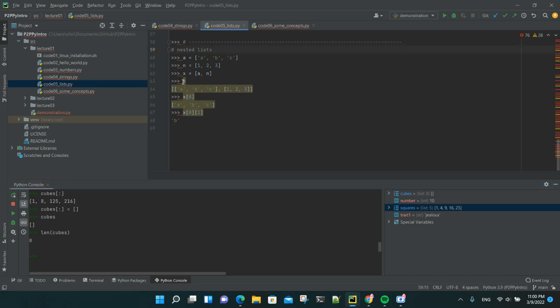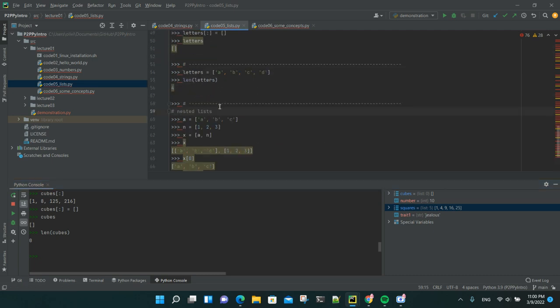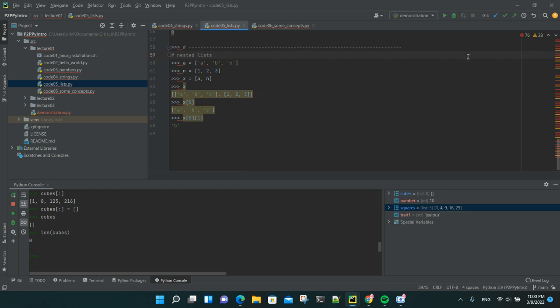Nested lists. Yeah, you can have lists inside of lists, just like how you can have strings inside of lists and have numbers inside of lists. If you wanted to refer to a list inside of a list, so x is equal to 1, 2, or 2, 3, 1,